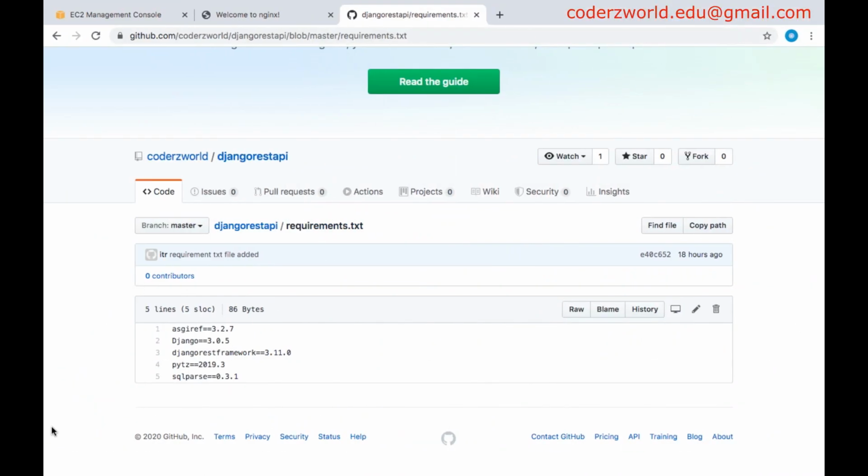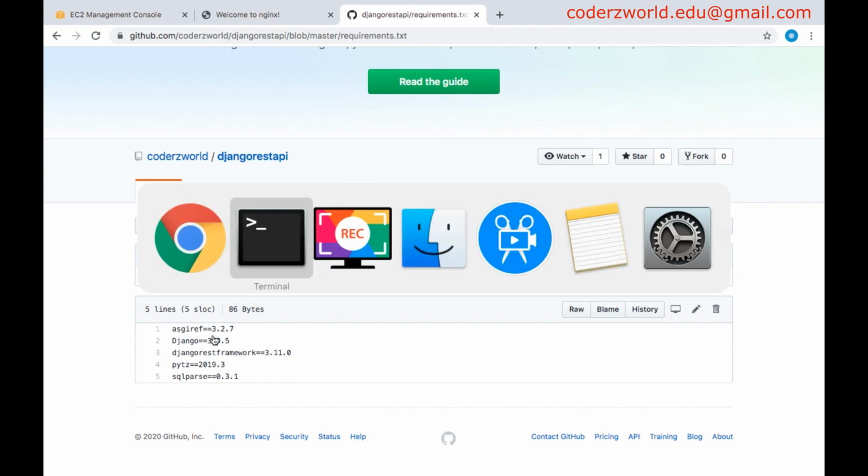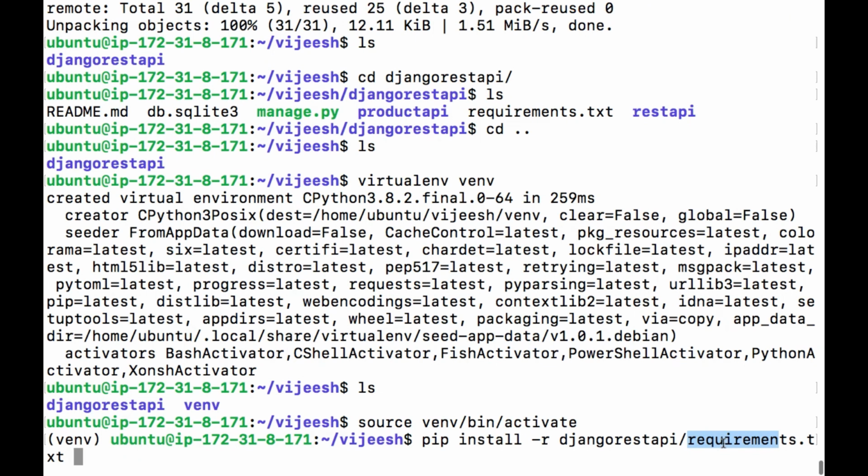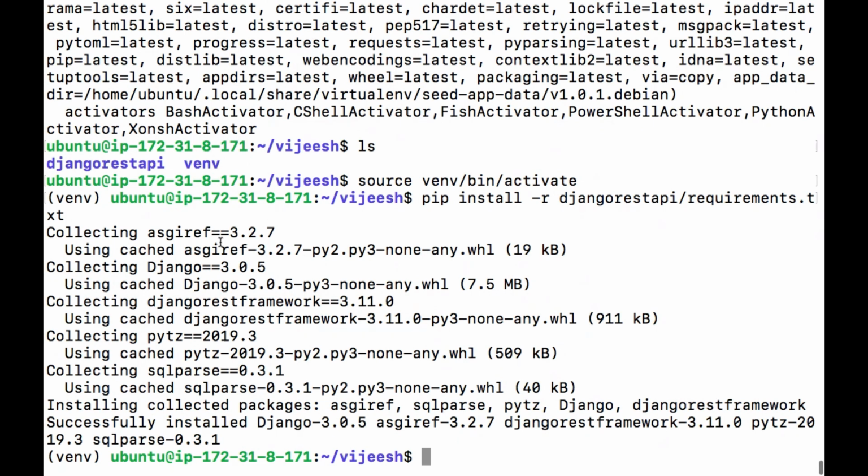These are the packages. Okay, now we are going to install the packages mentioned in the requirements.txt file to this particular virtualenv folder. Okay, now the pip command has installed all the packages from the requirements.txt file.